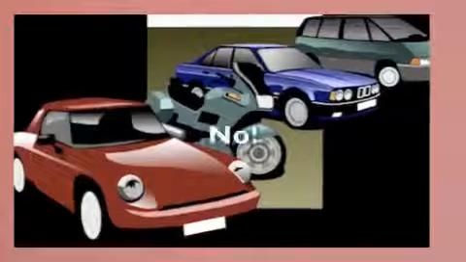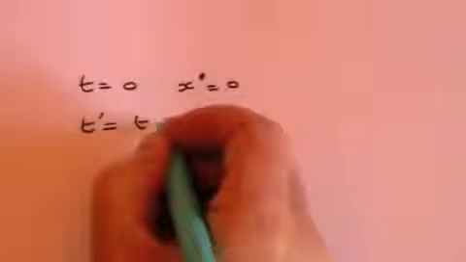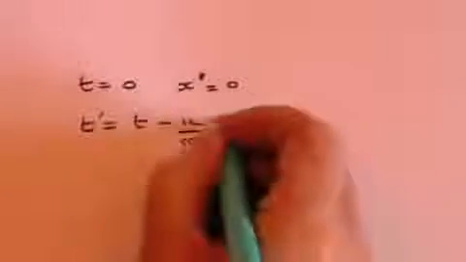And the answer is no. And the reason is that when you have a simultaneous event happening at the same place and at the same time, then as far as our equations are concerned, the difference in t time is 0 and the difference in x is 0. And so if you have the formula t prime equals t minus u over c squared x